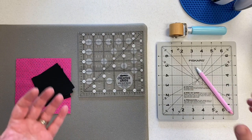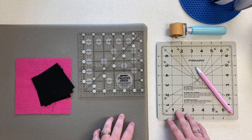In this video tutorial I'm going to show you how easy it is to make 4 flying geese at one time. Stay tuned. Alright, to get started you want to have the right tools, so I'm going to show you what